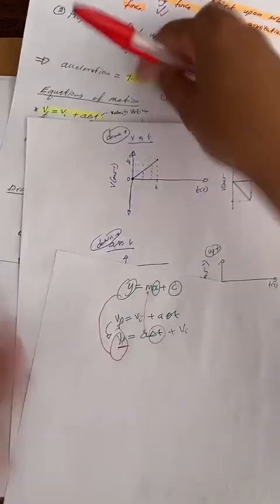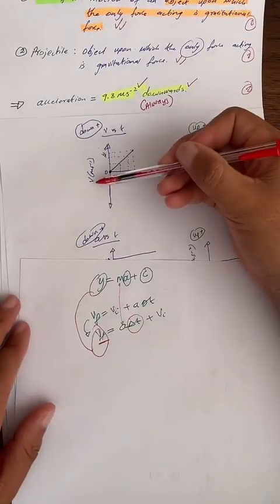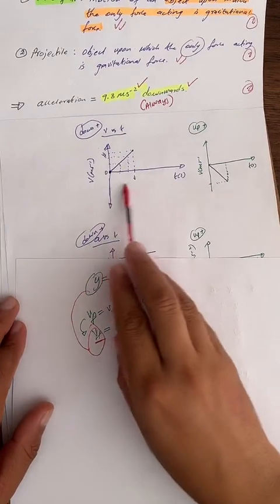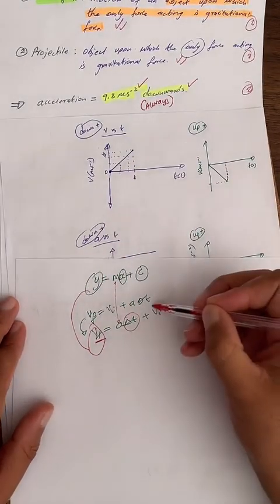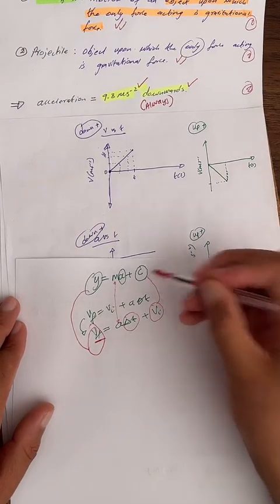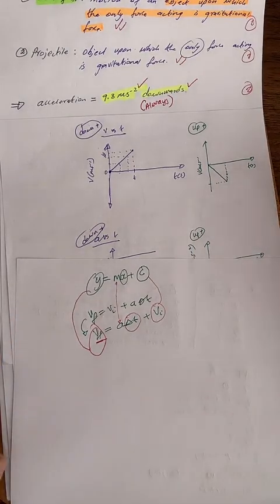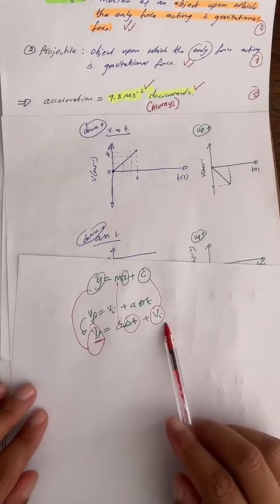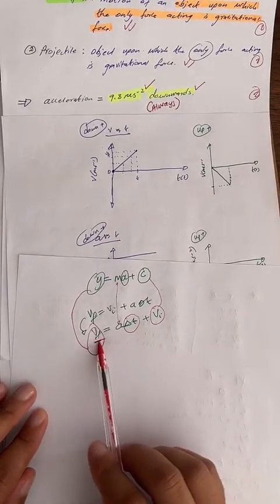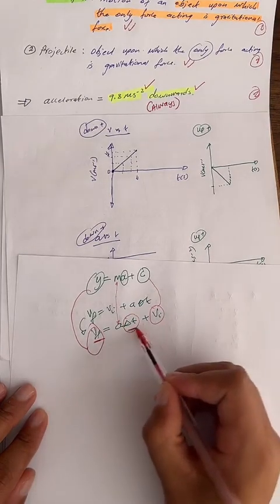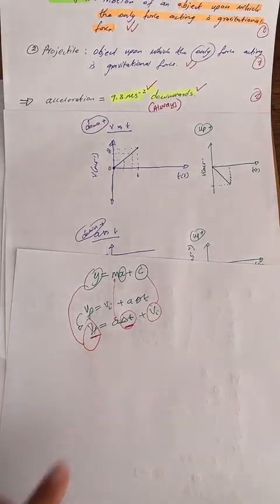You can see on the graph now, on the y-axis we have velocity, on the x-axis we have time, and this is your c value. This corresponds to this value, your c value. When the object is dropped, this value is 0. So you're only plotting these two. And notice that these two are directly proportional. When you increase this, this must increase. So that's why it is a straight